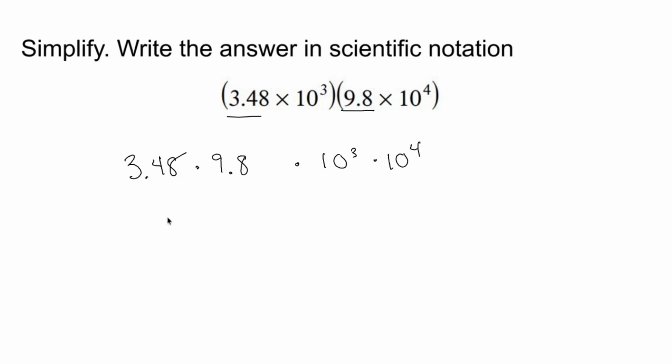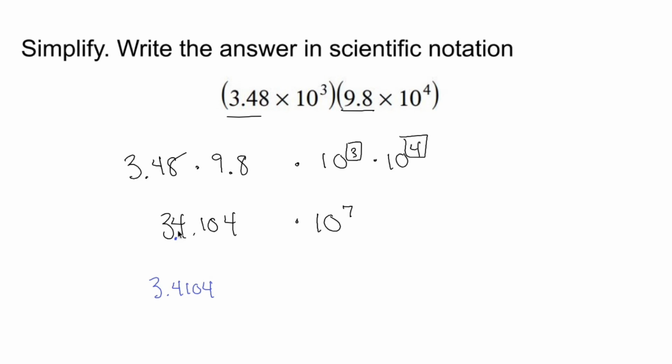3.48 times 9.8 is 34.104. Okay, so yeah, you're going to want a calculator probably for that. 10 to the third times 10 to the fourth, when multiplying terms of the same base, add the exponents. So this becomes 10 to the seventh. Now, if you're thinking, now it's in scientific notation, no, it's not. 34 is too big. So you need to put the dot right there and call it